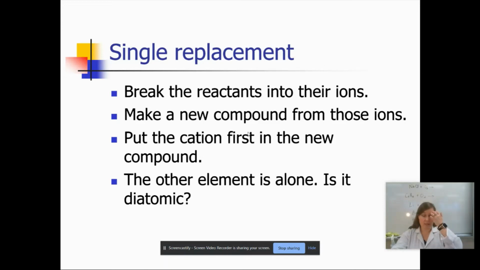Single replacement reactions get a little bit tricky, and there's a series of steps that you should probably pause and